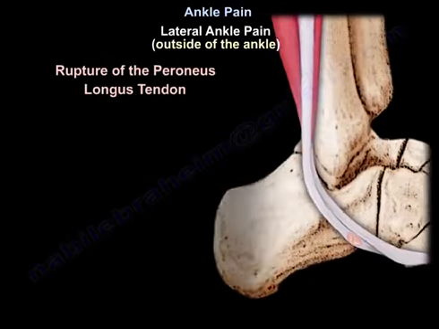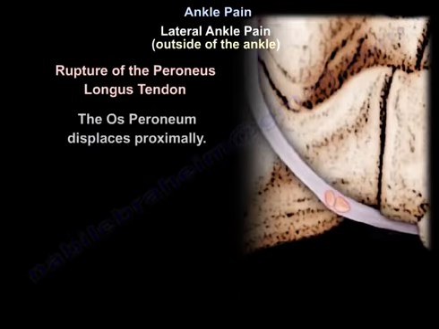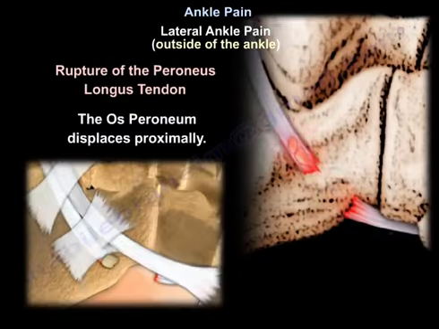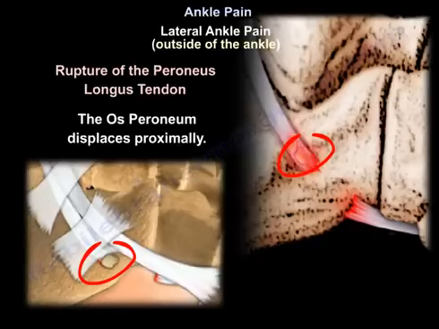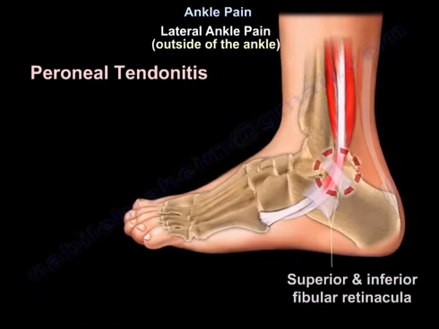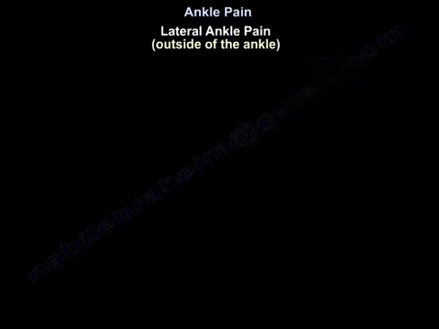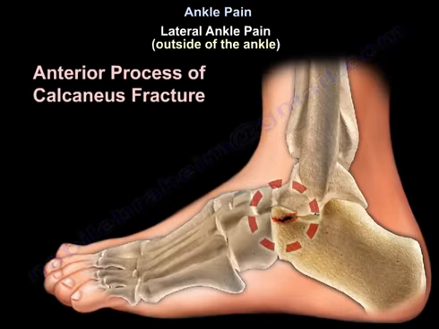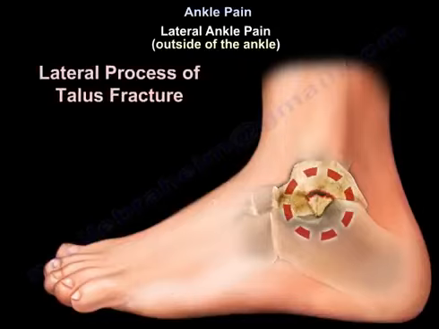The patient may also have rupture of the peroneus longus tendon, where you can see the os peroneum is displaced proximally. Patient may also have peroneal tendonitis or an anterior process of the calcaneus fracture or a lateral process of the talus